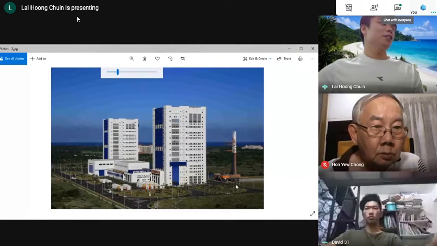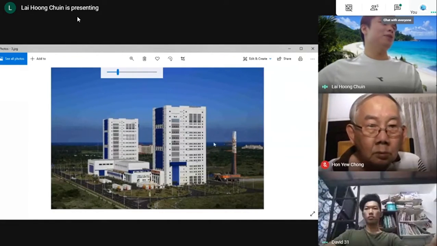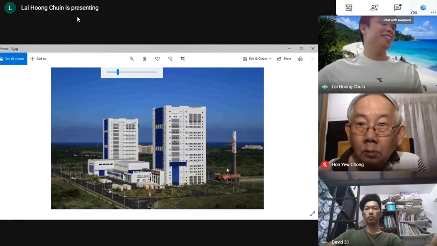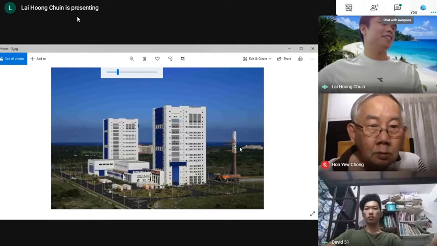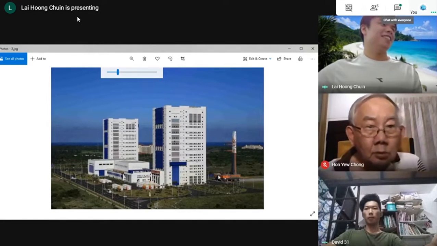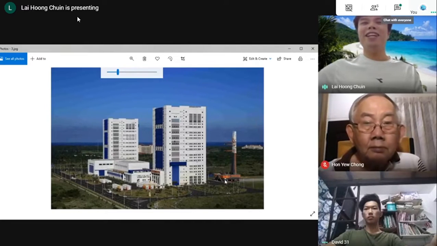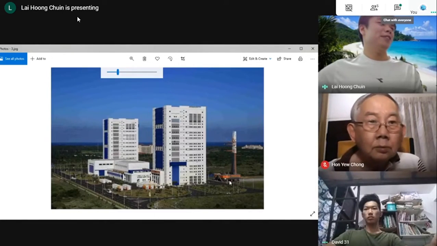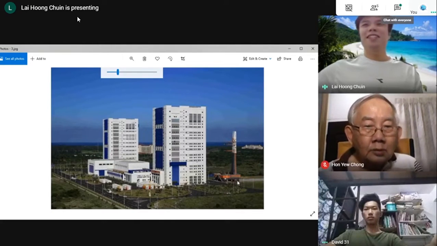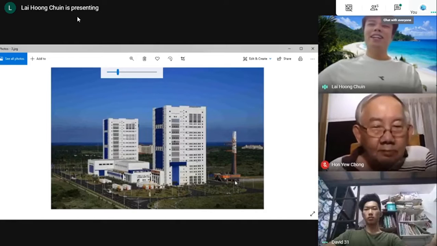So we say this is the most expensive car in the world. This base and this tower over here is the most expensive car. It carries the rocket, and it costs about 200 million for this vehicle. It's the most expensive car, and